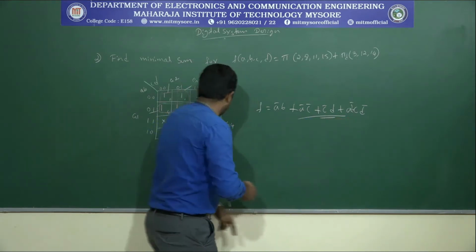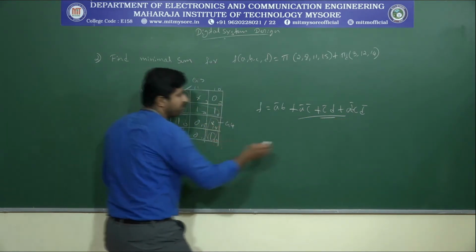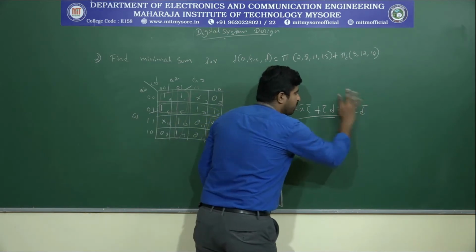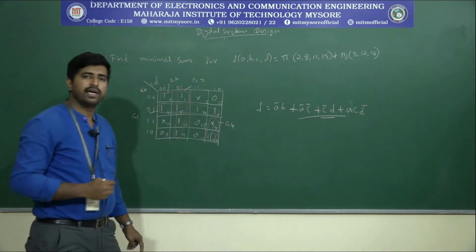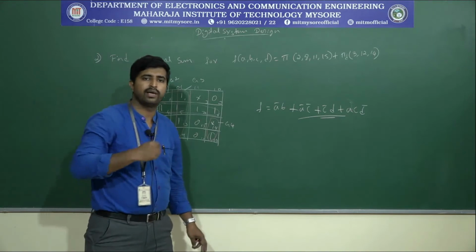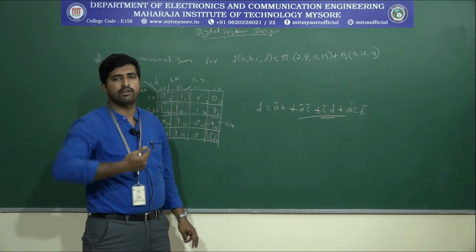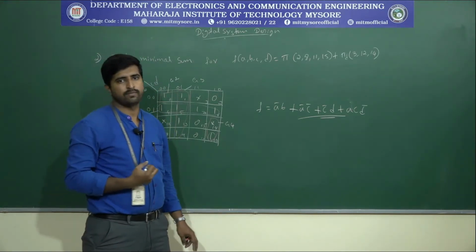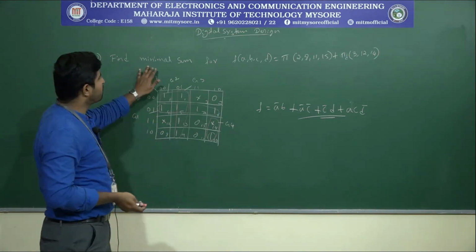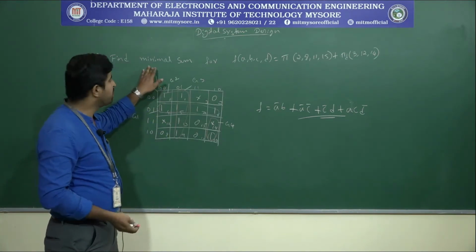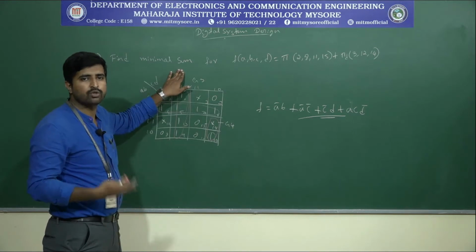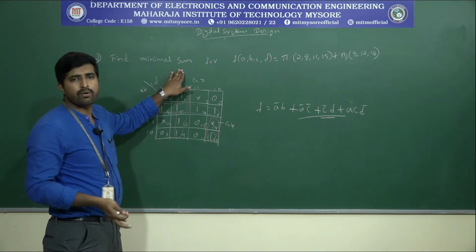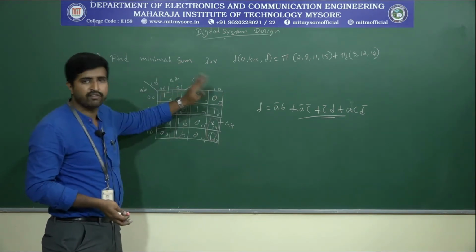Instead of that one, when you group this one don't care here, we have reduced 1 literal actually. So this is why we can include the don't care to make a grouping, so that we can get a simplified expression. Okay, so let's see how to get a simplified expression, minimal products. Let's solve the 2 problems related to the minimal product for incompletely specified functions only.